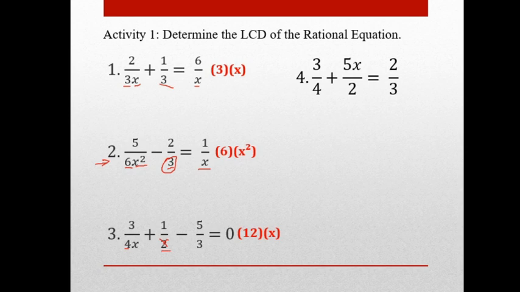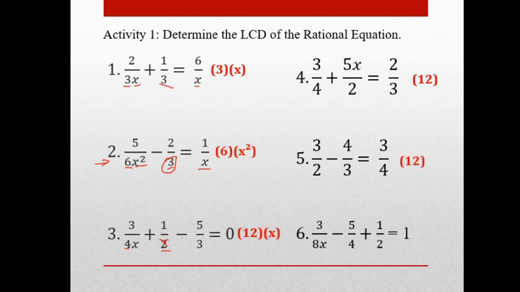Next, number 4. Ito, madali. 4, 2, and 3. May x ba ako na magiging LCD? Wala. Kasi wala namang variable sa denominator natin. So, we have 4, 2, and 3. So, again, si 2 ay factor na ni 4. So, there's no need to write 2. So, magiging LCD lang natin ay 4 and 3, which when multiplied is 12. Therefore, ang sagot natin sa number 4 is 12. Ganun din sa number 5. 12 din. Number 6. 8x,